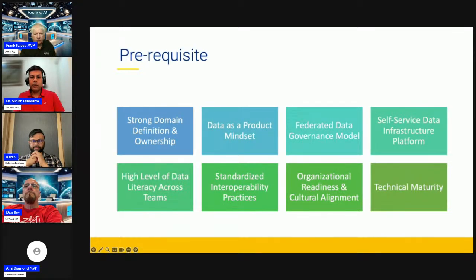Then comes next is the data literacy. Teams need basic skills in modeling, documentation, and data quality. Without the data literacy, decentralization becomes the bottleneck again, and that is what we are focusing, right? So in order for us to basically enable the decentralization, data literacy is equally important. Then comes the next, interoperability standards. To avoid the chaos, domains must follow shared schema, APIs, and metadata standards, so their data products can